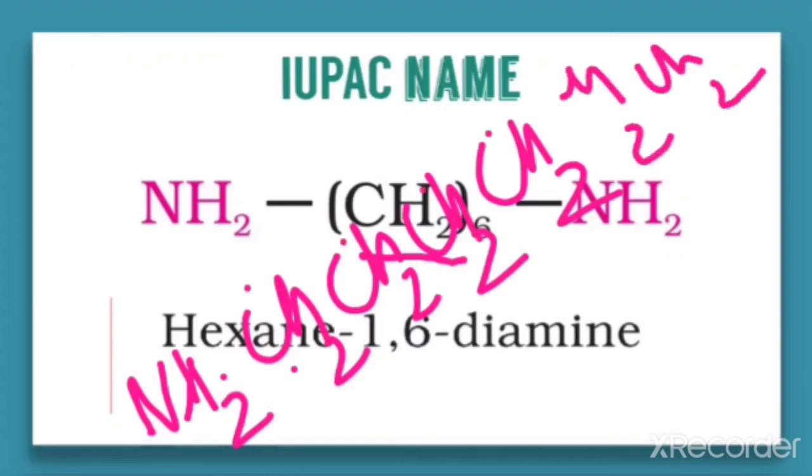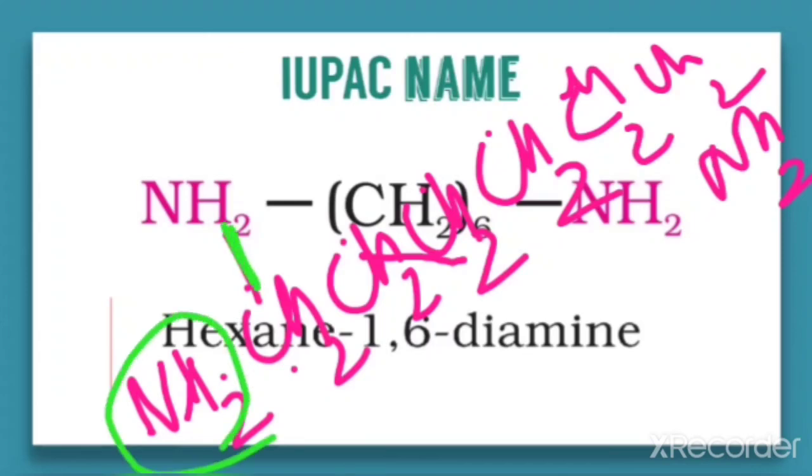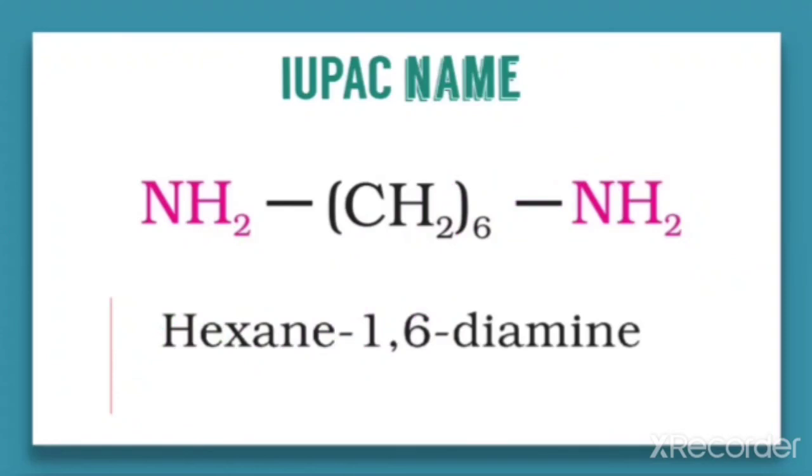CH2, CH2, then NH2. So when you look here, if this is the first carbon, then the NH2 group is attached. One of the NH2 groups is on the first carbon. So the next NH2 group is on which carbon? That is on the 6th carbon. So the position of the amine, that is the functional group, is on the first carbon and 6th carbon. That's why it is named as hexane